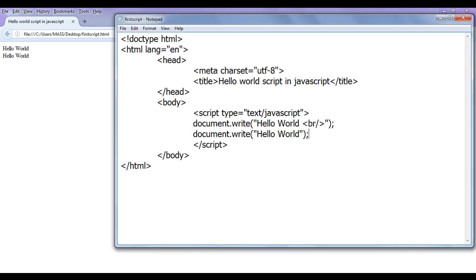File, save, go to browser and refresh. You can see that hello world got displayed on the next line. Whatever you tell the browser, it does as you have told. So it is your responsibility to tell the browser what to do step by step. Whatever you tell, the browser does that. So remember that, give your instructions precisely in a proper way. Tell the browser everything in a proper way so that it performs its task in a better way. It is the programmer's responsibility to tell the browser what to do. Hope you guys have understood how the browser interprets white spaces and how we can add breaks into